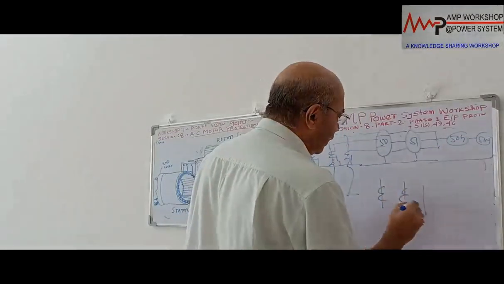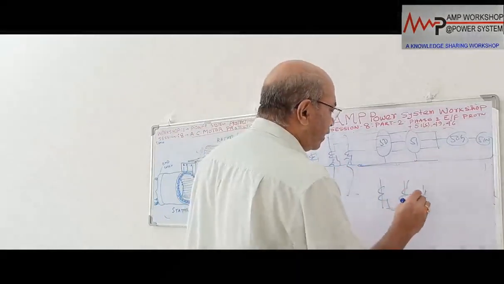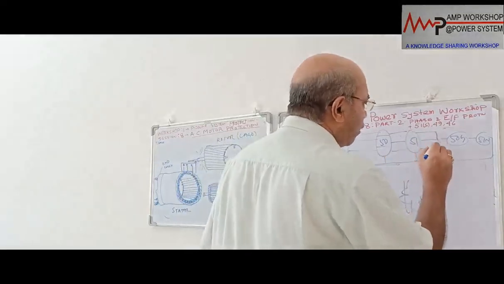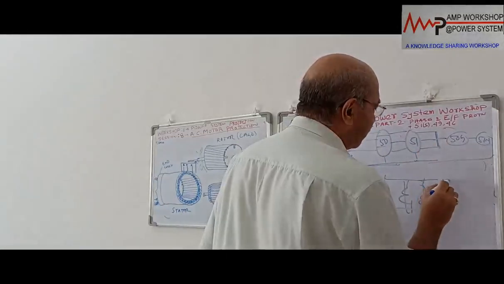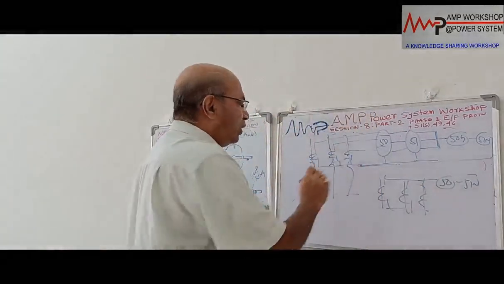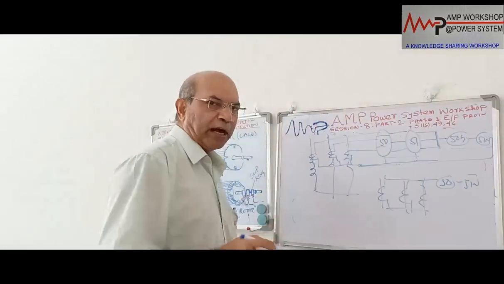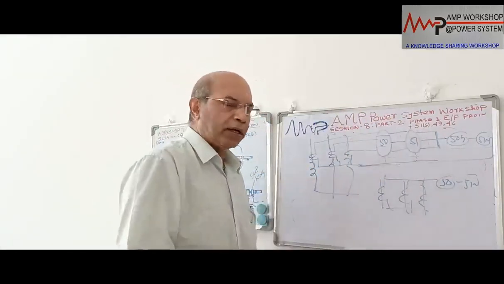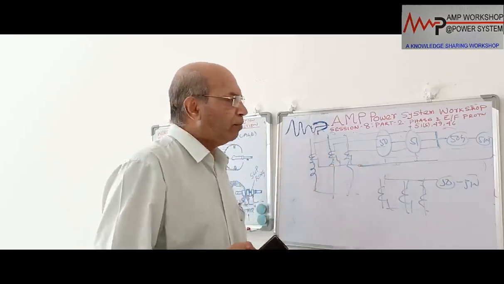So it is equivalent to the previous diagram we drew over here. These are the 3 CT, this is shorted, and these 3 we short after the phase overcurrent relay. We are shorting the CT output, and then we are connecting the 50 and 51 here. So in this way, the same 3 CT can provide both phase overcurrent and earth fault protection. Phase fault overcurrent and earth fault overcurrent we can provide by the common CT. This is the way we do the phase overcurrent and earth fault overcurrent protection for the motors.